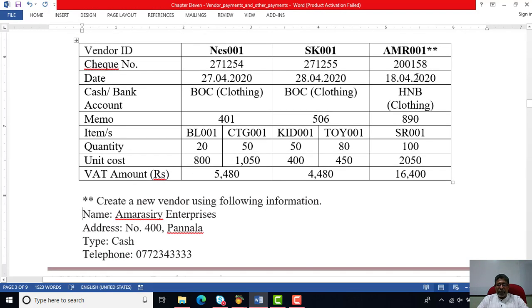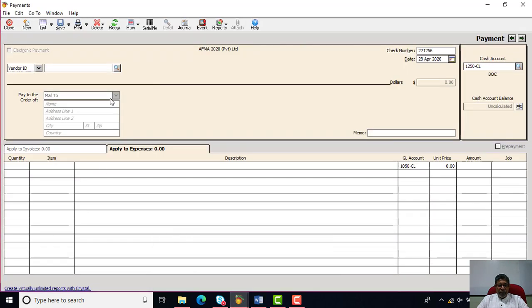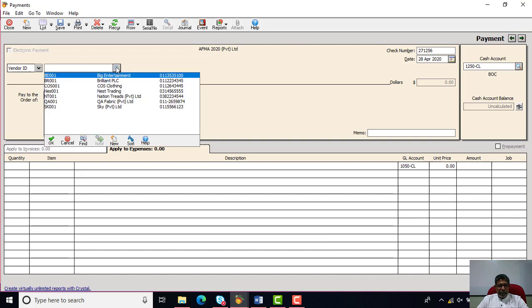So that's the good activity, whereby if you need to add the customers, you need to add that customer as well. So how to add the customer, we will look at by this particular transaction. First of all, we don't have this kind of customer. So we need to go to the purchase payment option and then select the customer ledger, and then click the new button straight away.